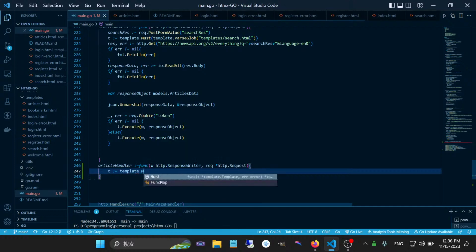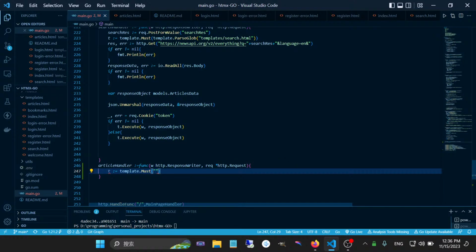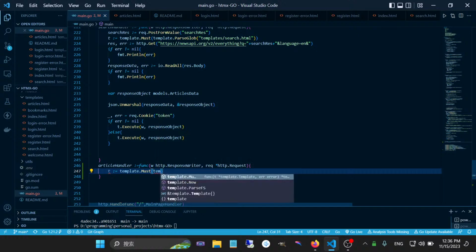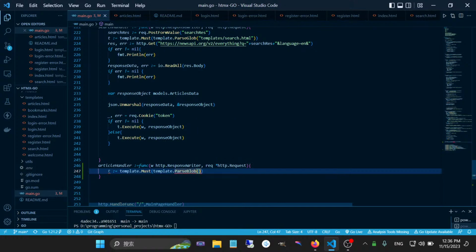Template must basically ensures that there are no escape characters. I read that in the Go book, not sure if my recalling of that is true, but template parse blob for folders. Then we do